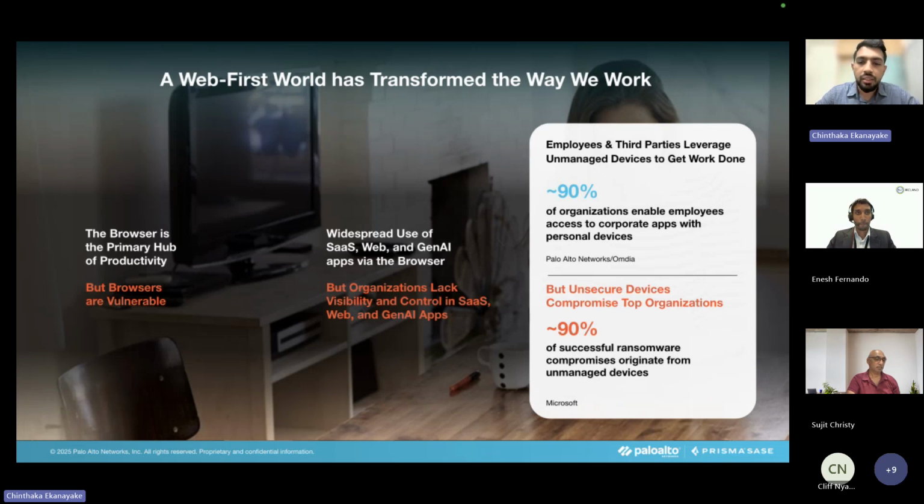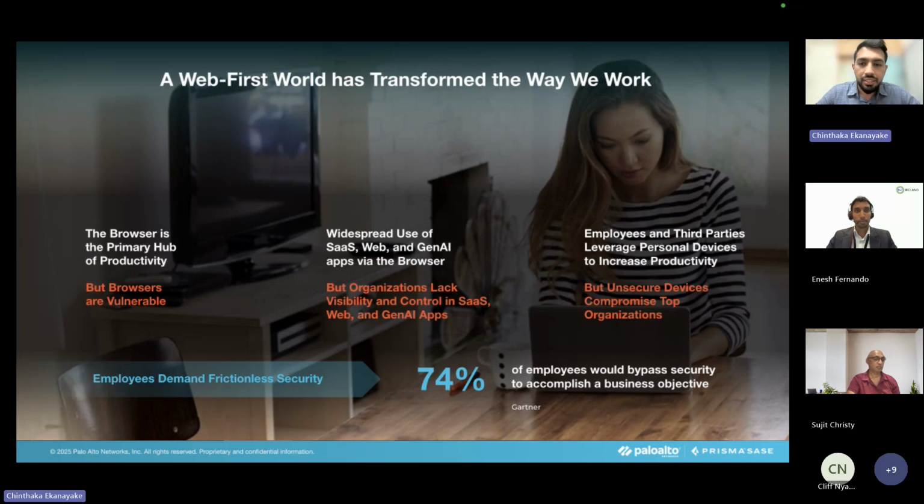And almost 90% of the ransomware attacks that have happened all originated from unmanaged devices. We put security controls in place, but employees try to find ways to bypass them to accomplish business needs, not with malicious intent, but sometimes they want to bypass them and get the work done.